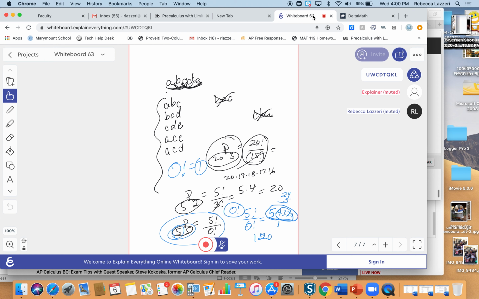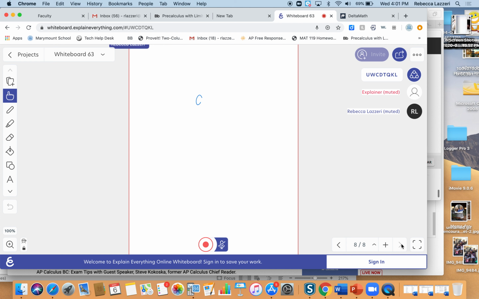Now, how would that work with a combination? A combination of 5 things, 5 at a time, would be 5 factorial over 5 minus 5, which is 0 factorial. Go back and grab this 5. And that gives you 1, and 0 factorial is 1. So there's one way.